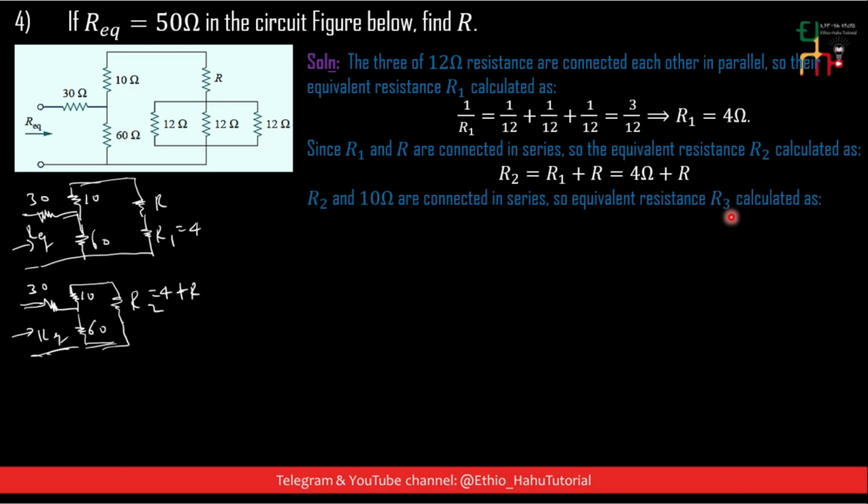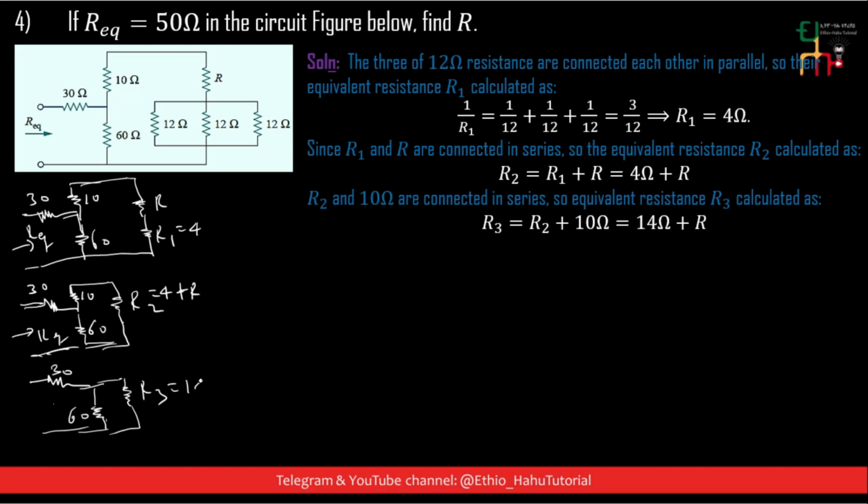This R2 plus 10 ohm ይሆናል። So R2 plus 10 ohm, which is equals to 14 ohm plus R እናገኛለን። ስለዚህ አሁን ደግሞ የኛውን ሰርኪዩት ሪድሮ ስናደርግ እዚህ ጋር 30 ኦhm አለን፣ እዚህ ጋር R3 አለን፣ እዚህ ጋር 60 ኦhm አለን። R3 ማለት 14 ኦhm ሲደመር R ነው።